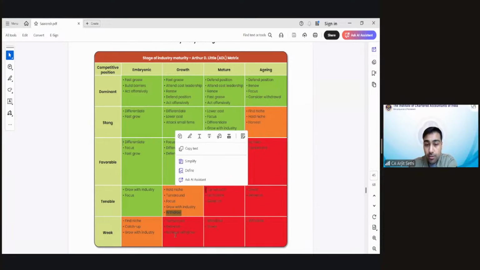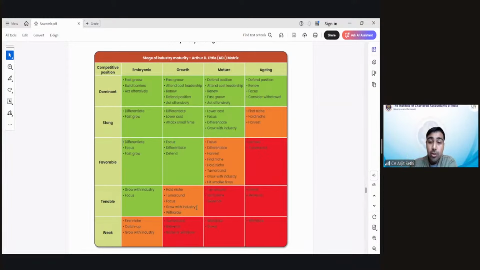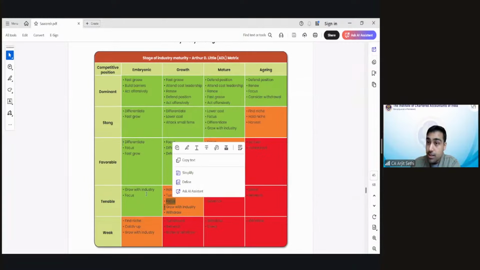Either I withdraw, right? या तो मैं withdraw कर दूं कि बंद कर दूं shop. I close down my shop. Or I grow with industry. I say कि ठीक है, sorry, whatever I can do, I will build, I will get some license, and I grow with industry. I'll do everything. I'll spend money. I invest more in my business by doing more focus. So, या तो you start investing more in your business. So whatever the problems are with your business, you start solving those.